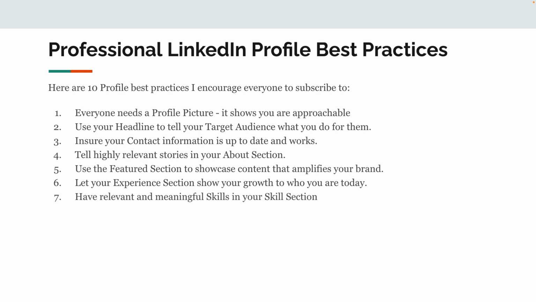Number 7, look at your skills section. When you build out your skills section, it better be skills that are highly relevant to you, to your target audience, in the context of what you do today. And by the way, if you're a business professional, an entrepreneur, a consultant, a strategist, whatever the words are, I don't want to see Microsoft Office or Microsoft Word in there. That is no longer relevant. That's as relevant as knowing how to use a number 2 pencil. You should already know how to do that.